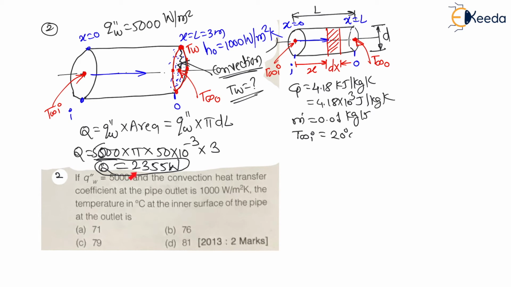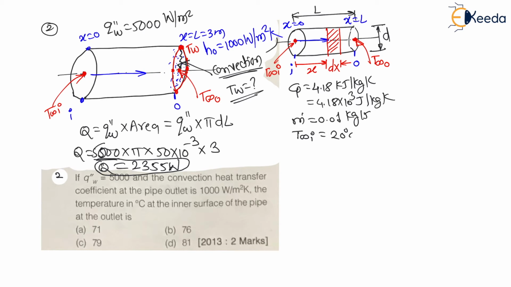Now, once you calculate this heat transfer rate in watt, then my dear students, here the temperature of water is changing from T infinity I to T infinity O because of this heat transfer only. The heat transfer is always same, right? For steady state condition at each and every location, this heat transfer is always same. Therefore, because of this heat only, the temperature of water is increasing from T infinity I to T infinity O. That is center line temperature, mean bulk temperature.